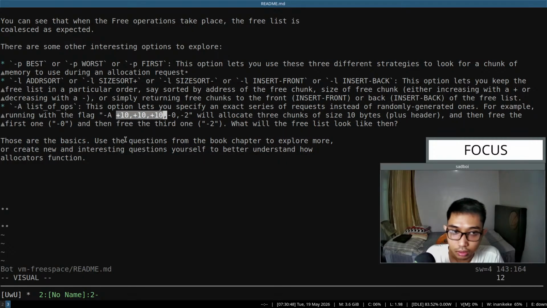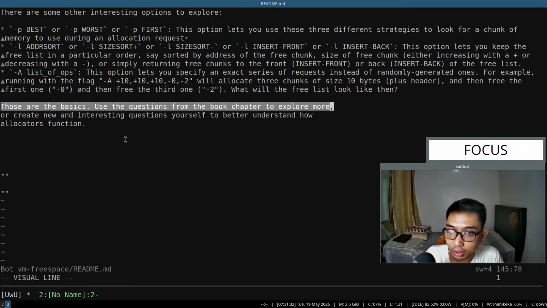This one allocates 3 chunks of size 10 byte, and then frees the first one, the index 0, this one, and then frees the third one, the index 2, this one. So this is index 0, this is index 1, and this is index 2. So when we are using negative, we are using the index here. Okay,